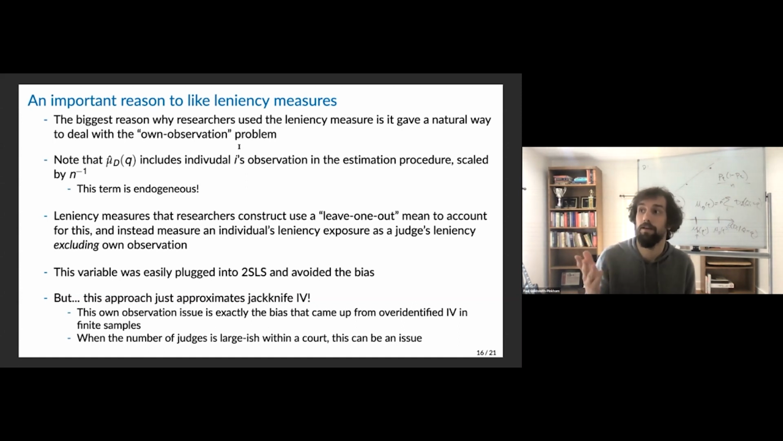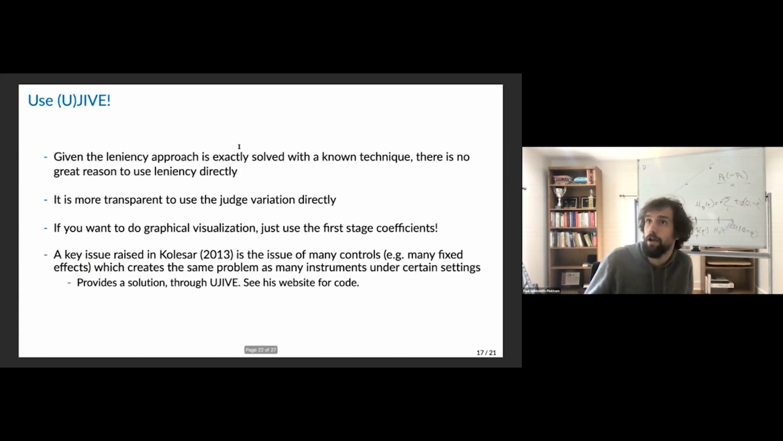The thing is that this is just Jackknife. That's exactly what Jackknife IV is. Jackknife IV is designed to deal with exactly this problem, showed up in the 1990s, and nobody uses it. The point is that if you can solve this issue, all the things that are valuable about the leniency approach can be solved using existing approaches that are more transparent and correctly deal with this. I don't really see any great reason to use leniency directly, other than, I'll be frank with you,